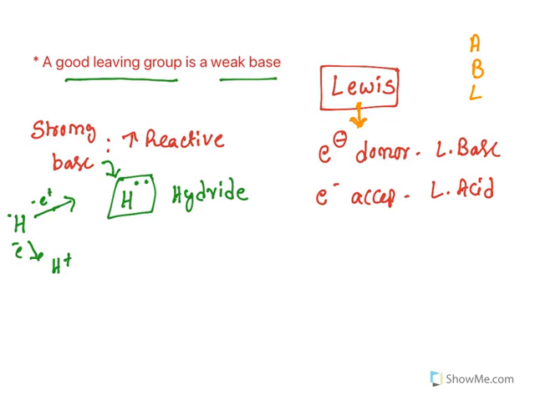Now, why is it called a strong base? Because of these electrons, hydrogen will have a negative charge, and the charged atom is very reactive. It is unstable. Unless there are stabilizing factors, it is very reactive. There are no stabilizing factors in this hydrogen. So hydrogen with 2 electrons, known as hydride, is very reactive. What do we mean by very reactive? It immediately goes and reacts with something else and tries to donate these electrons. So a strong base is one which immediately reacts and gives up those electrons. It cannot exist as such.